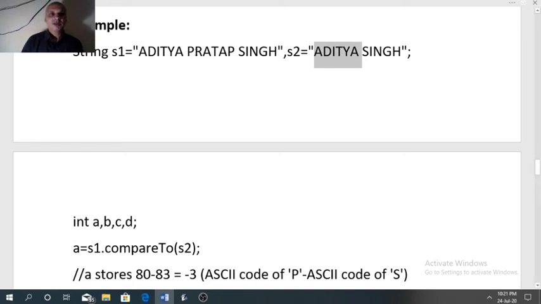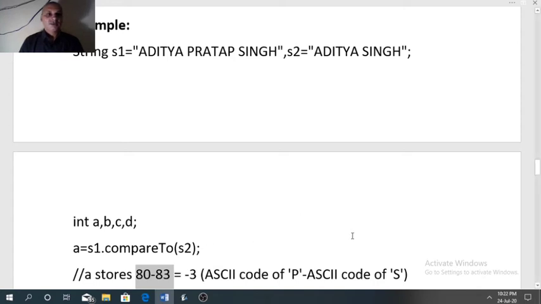But after space, when we get P here, and here at the same index we get S. So the ASCII code of P is 80 and the ASCII code of S is 83. So 80 minus 83, that will become minus 3.